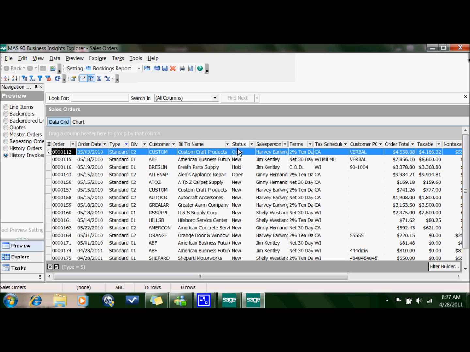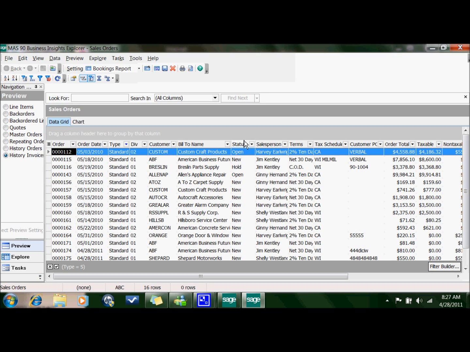Remember, I don't care if it's open or if it's invoiced or what the status is on that, but I may or may not want to see items that are on hold. So just note that that's there. For this exercise, I'm going to leave them, but you may want to filter that as well. If I don't want to filter a field and I don't want to see it, I can take it off